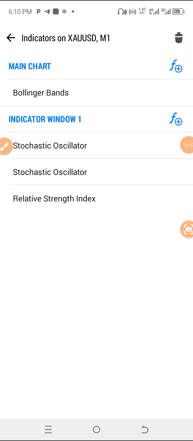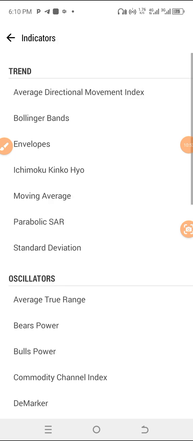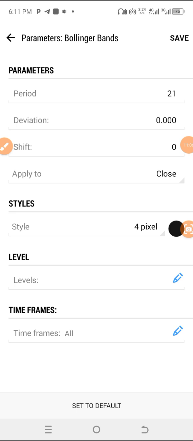So we are going to add Bollinger Band period 21. Can you see?